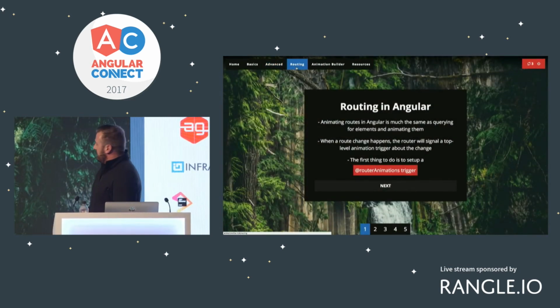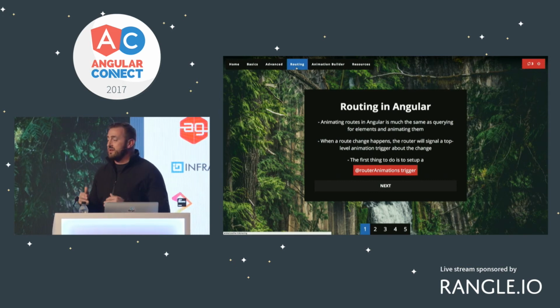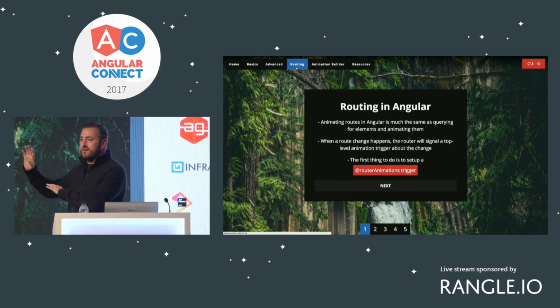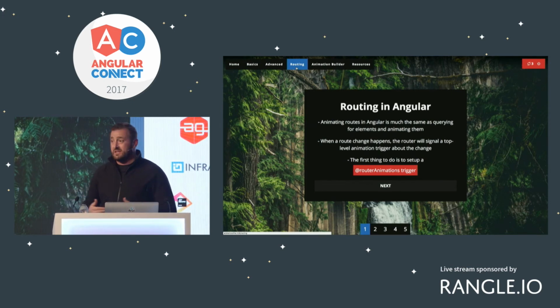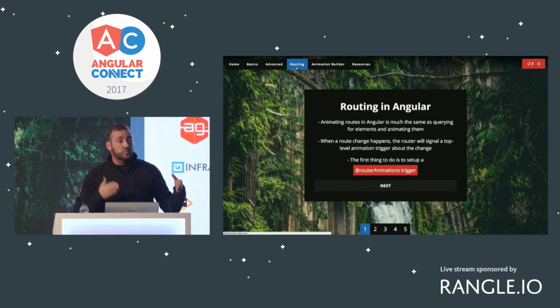So next up on the docket is routing. So we've been talking about animating on a single component, but I come from a Flash background, and it was very common as you're moving from kind of one page in the application to kind of animate it all out and all in. With router animations, we have the ability to create really rich, immersive experiences by creating compelling transitions from one page